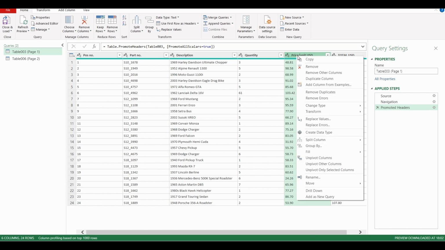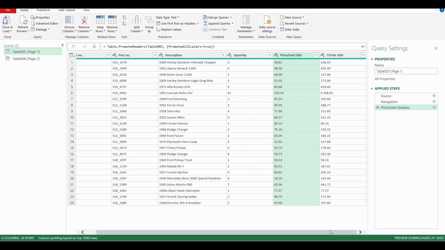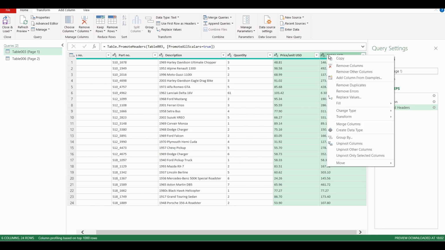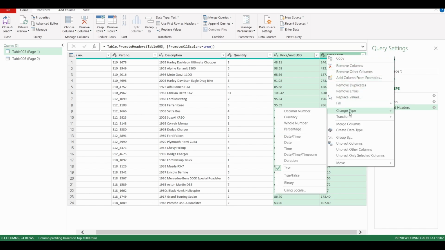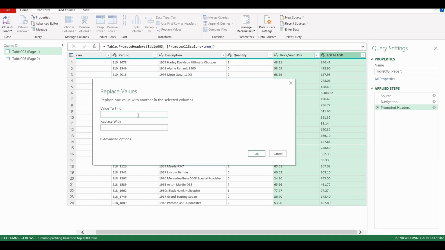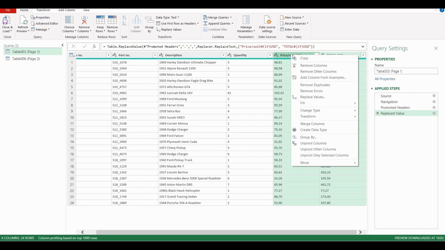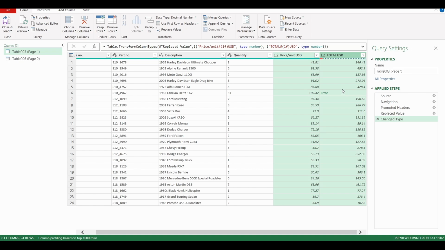So what I need to do is to change the dot with a comma. To do that, I'll select both columns that have this issue, right click, and then replace values. So now I need to replace the dot with a comma, and then OK. And now if I change the type for these two columns, it will be displayed properly,